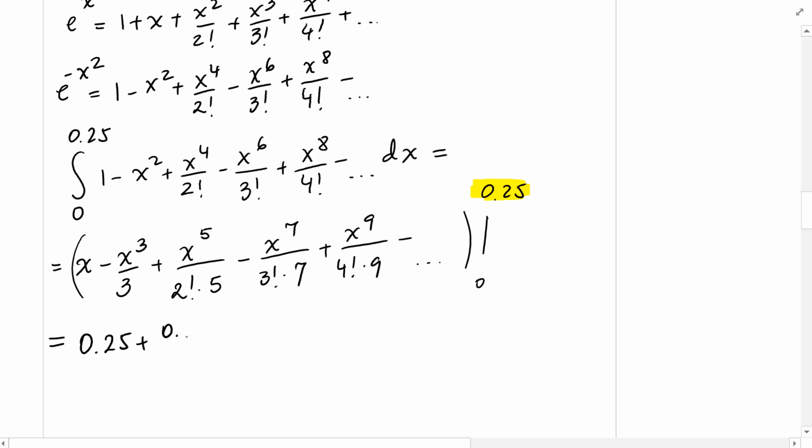So it's 0.25 minus 0.25 to the 3rd over 3 plus 0.25 to the 5th over 2 factorial times 5, and so on. Sorry, here it's a minus. And if we evaluate this piece, we get